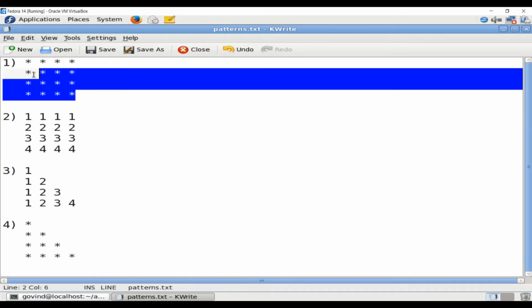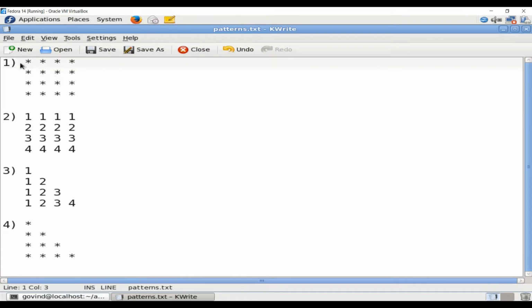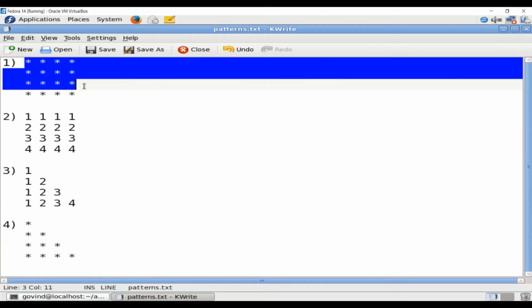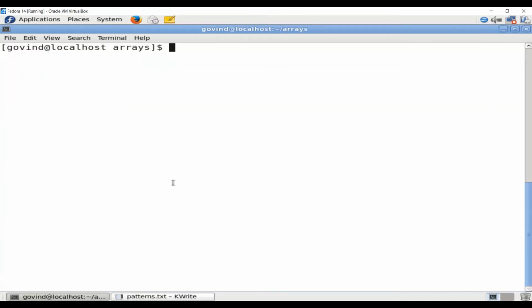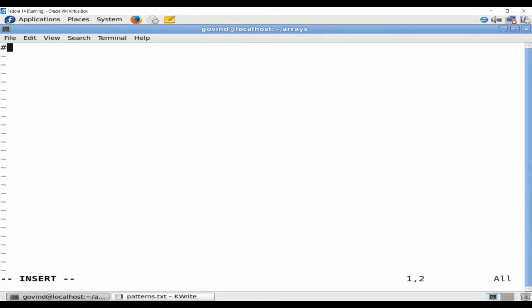This problem definition is straightforward because it produces exactly 4 rows and 4 columns of output. So in total it will produce 16 star symbols. Let us get started. I'll name this program pattern1.c. Let me start typing the code.